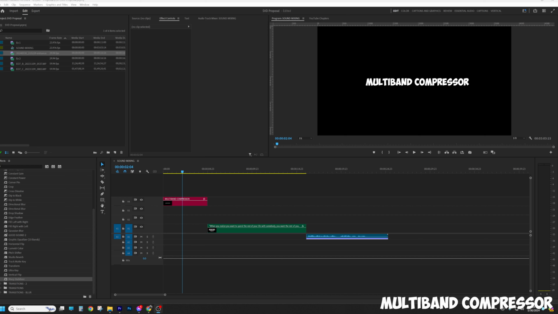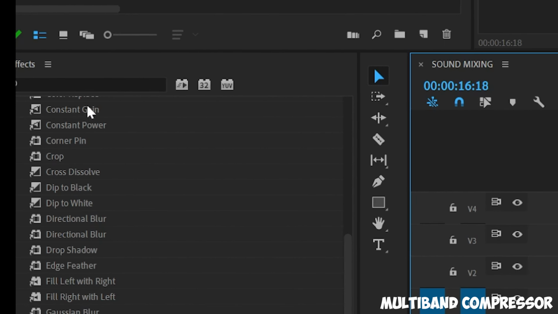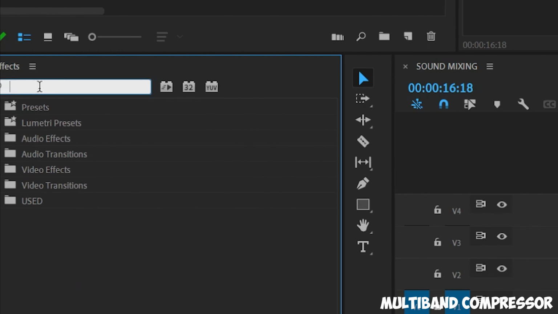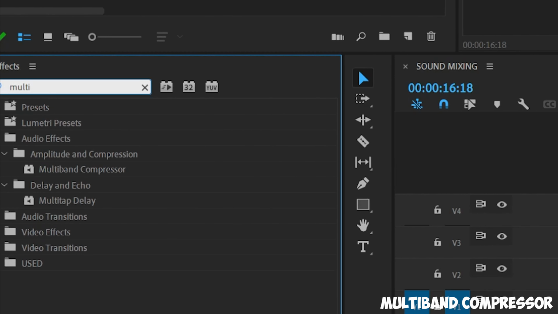Hello everybody. This is going to be a quick tutorial for one of my favorite sound effects, Multiband Compressor. Multiband Compressor is an awesome sound mixing tool that can really tweak your audio. So for example, let's throw on the Multiband Compressor by going to your effects window, type in Multiband, and you